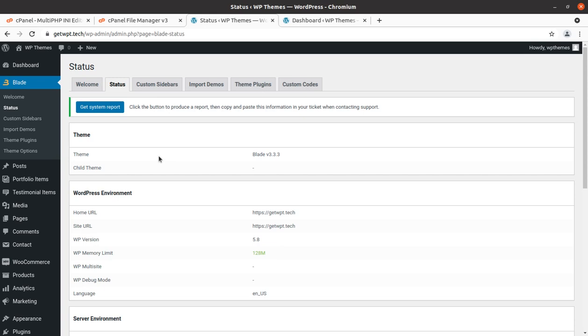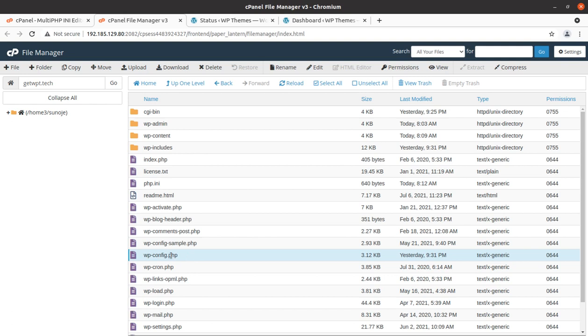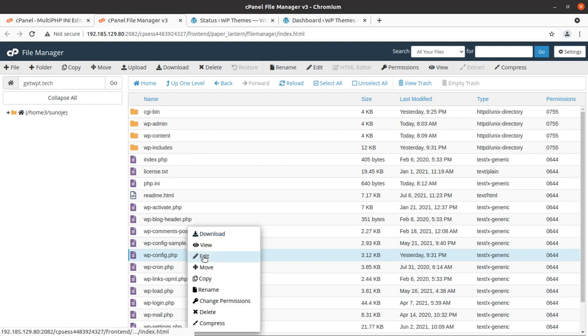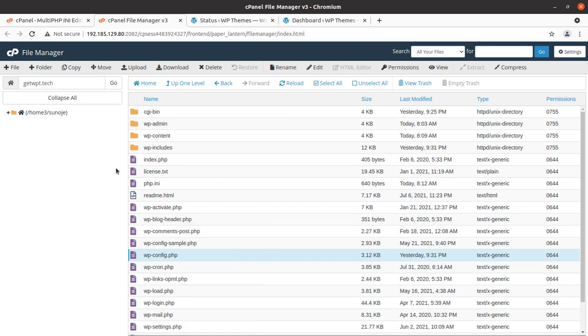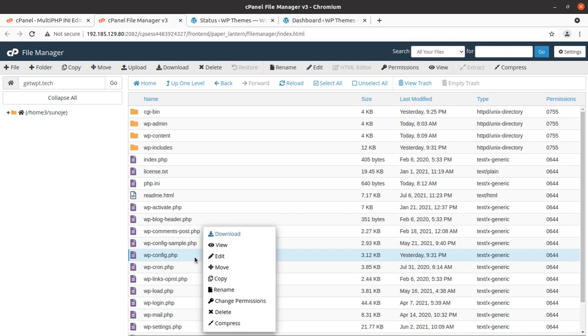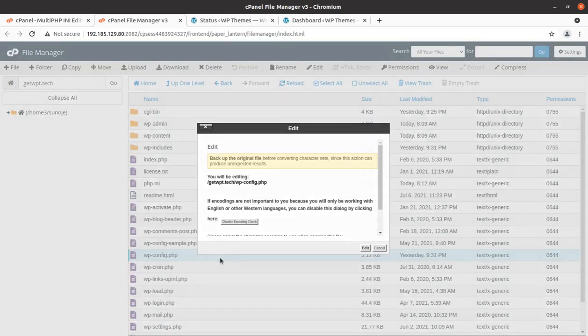Okay, so I am taking an example where the wp config file is here, and we can edit the wp config file. Simply click on the base home directory of your installation, which can be the public underscore HTML directory or whatever similar directory, and click on wp config and edit.